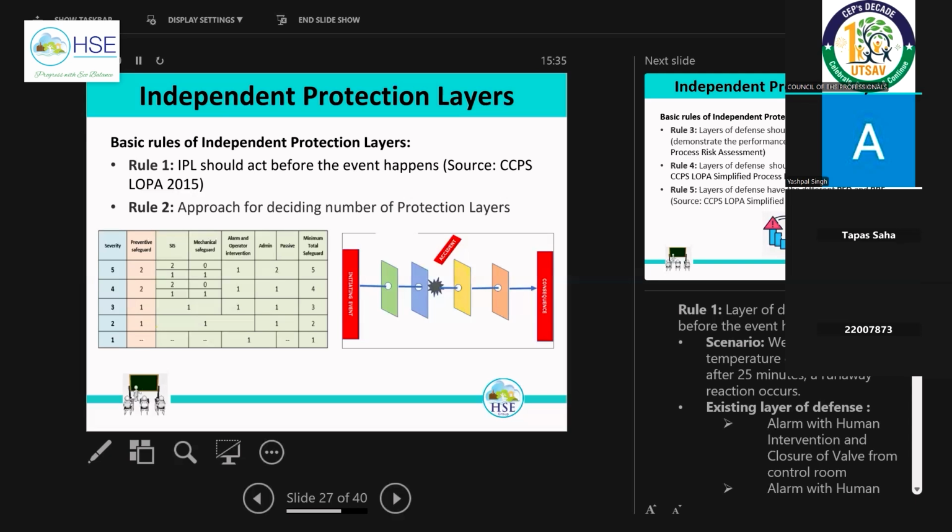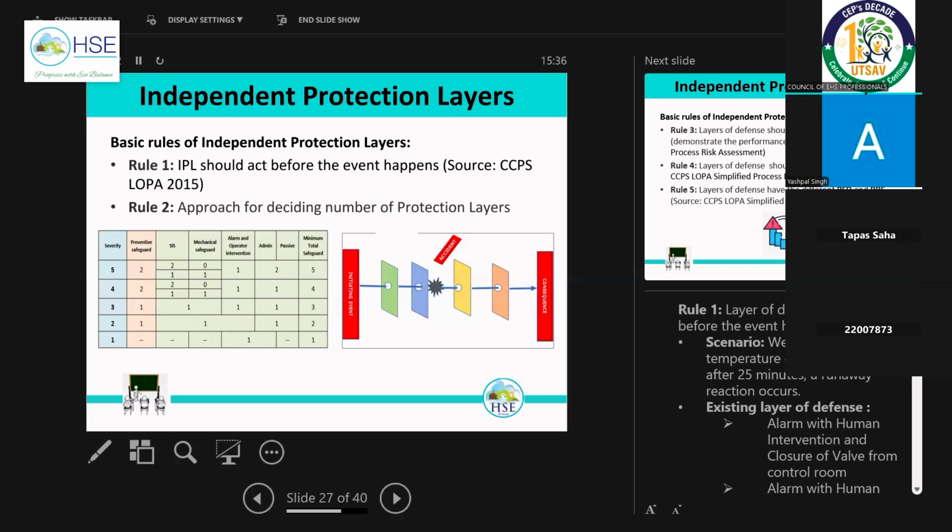Two minutes means, suppose there is an increase in temperature and pressurization, the control valve gets the signal and closes, and the pressure in the reactor jacket is normalized. That total time is 2 minutes. Normally we consider it a standard time for all control systems. When there is an alarm and manual intervention, the response time we normally consider is 10 minutes. So whenever you define the protection layer, you have to consider this response time.